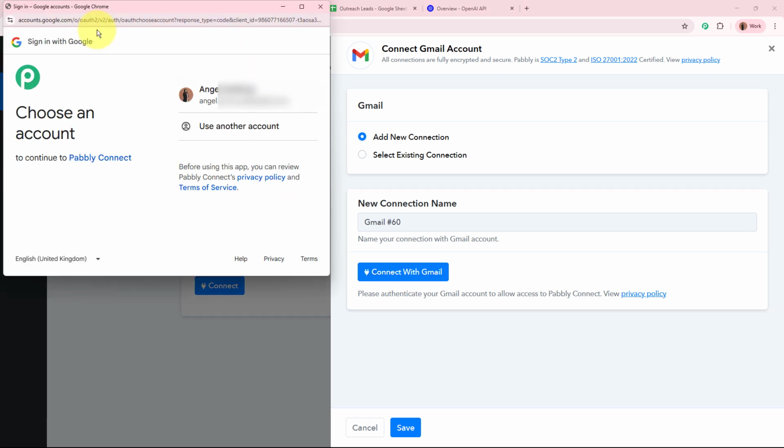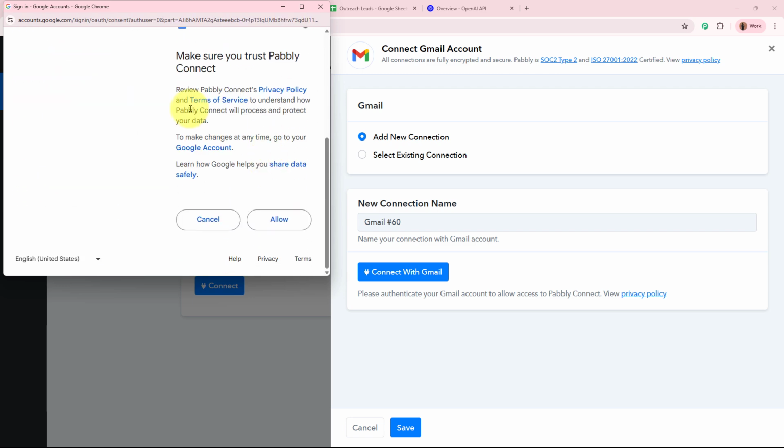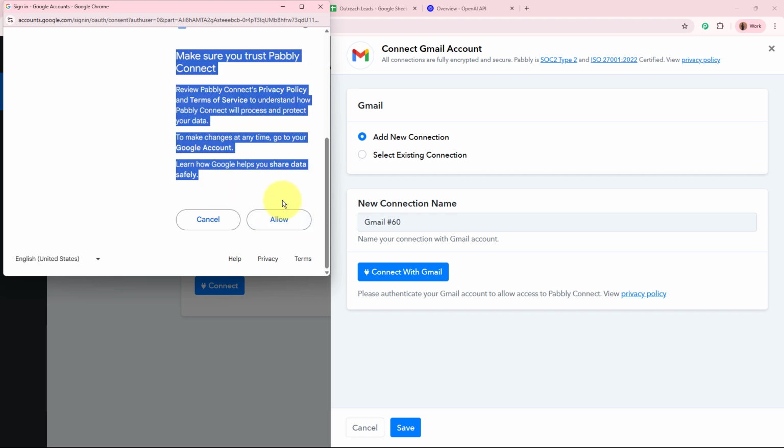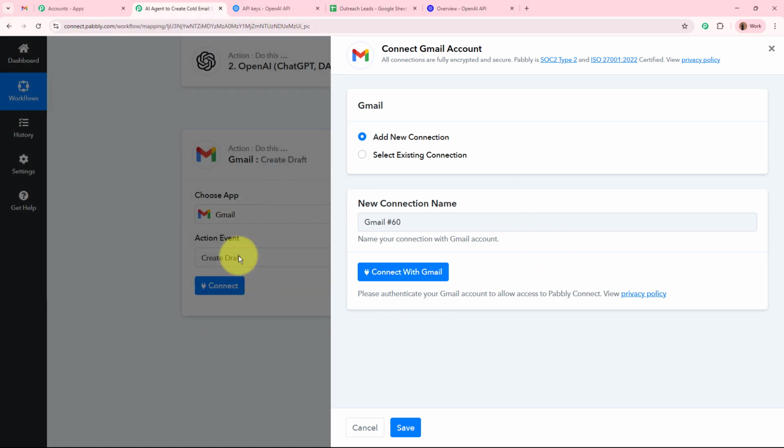After connecting, it is asking me to choose an account. Which account do we want to connect to Pabbly Connect? So this is the account. I'm going to select it. Then it is asking for permission for this account, for which I'm going to click on this allow button, as this is a safe process and my data is perfectly safe with Pabbly Connect. So I'm going to click on this allow button, and as I've done that, you can see Gmail is connected